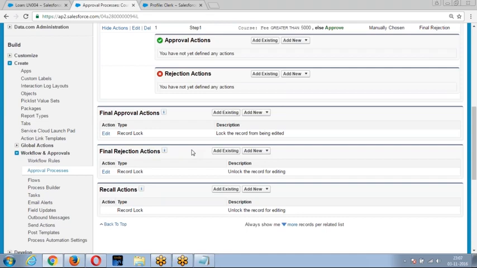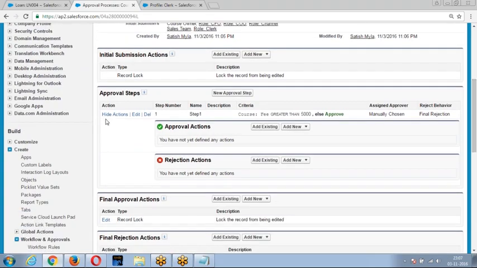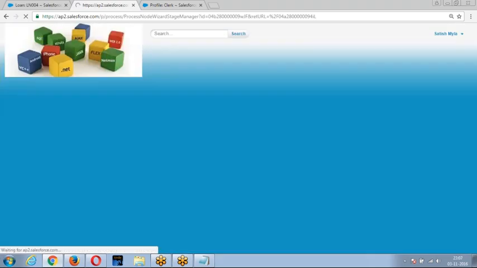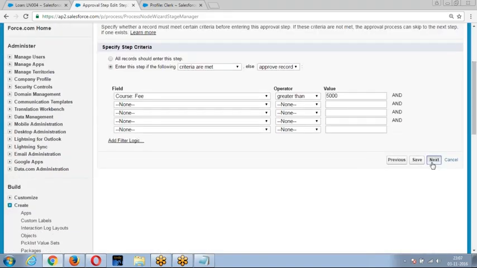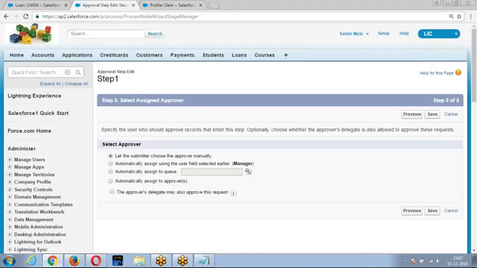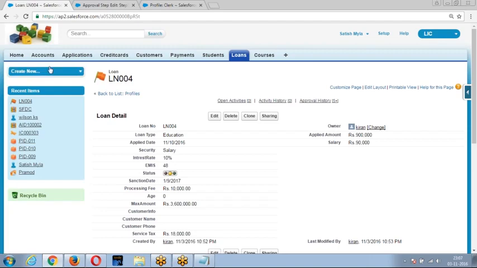So when you're creating an approval process, we discussed parallel approval process. Parallel means if you submit the record to more than one user, then we call it a parallel approval process. If you look at this condition, there is one extra step here. Whether you observed or not, there is one extra step. What was this? Approvers delegated may also approve. Now, if a record is submitted to Satish, Satish's delegated approver can also approve it.